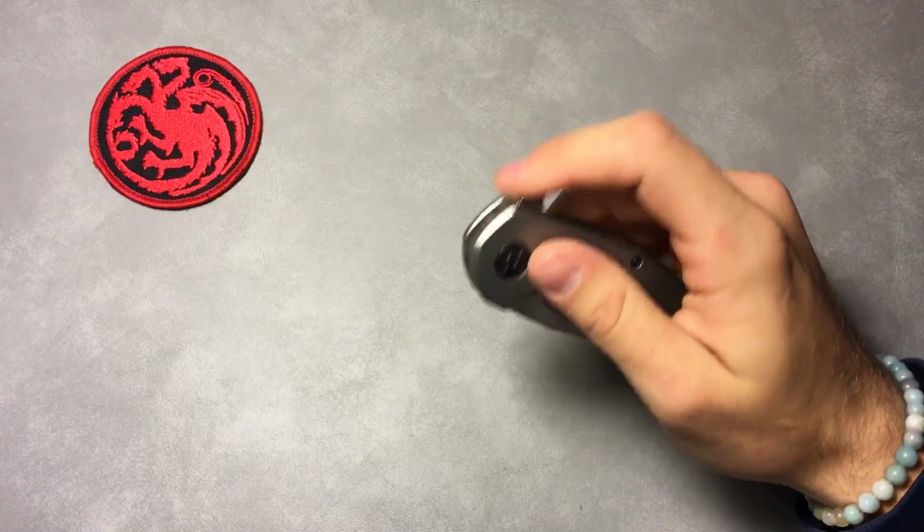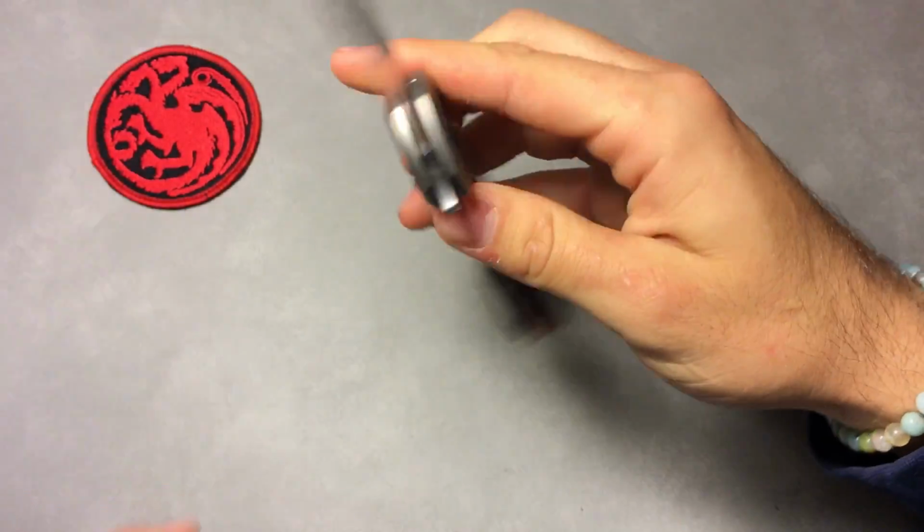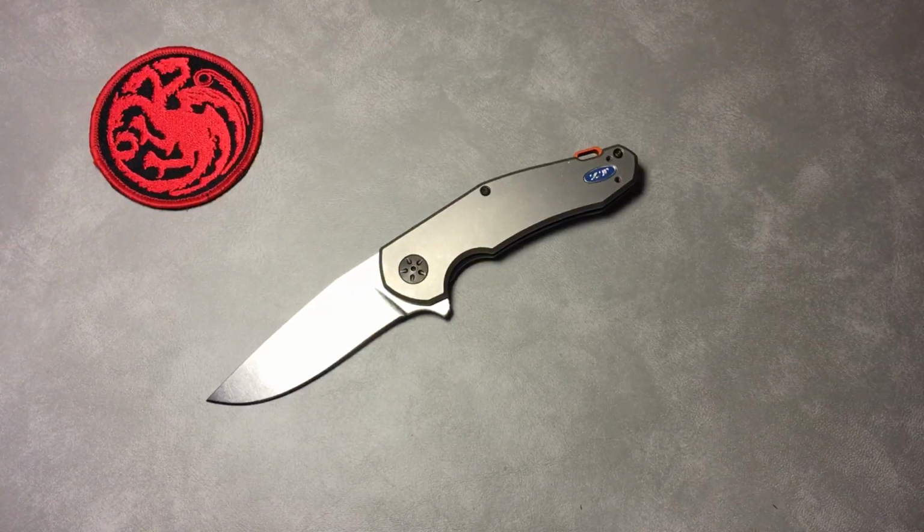I hope you guys check it out. If you can, get into a Blade HQ or Knife Center or somewhere that'll let you handle it and see if you like it, because I highly recommend it. In fact, I recommend this knife more than any other I've reviewed on the channel. The Manix 2 comes close, the Knockout, I mean, all those staples in the EDC knife community. But like I said, I think this one's been overlooked a little bit, and I know this video's run a little bit long. There's a lot to talk about when it comes to knives in this price category, but